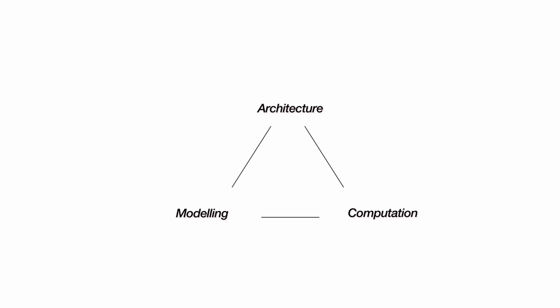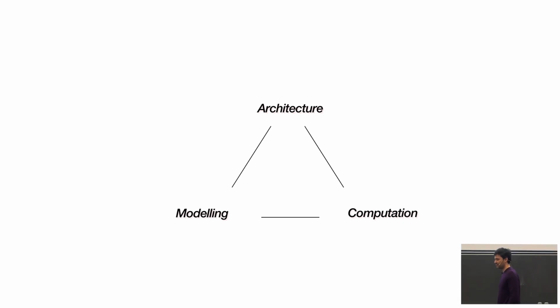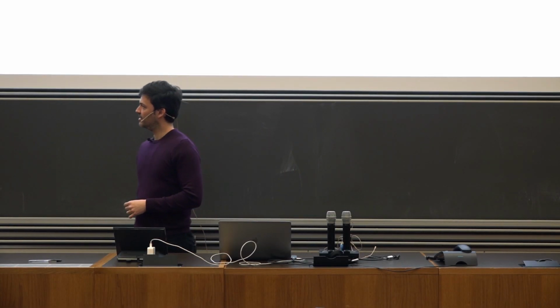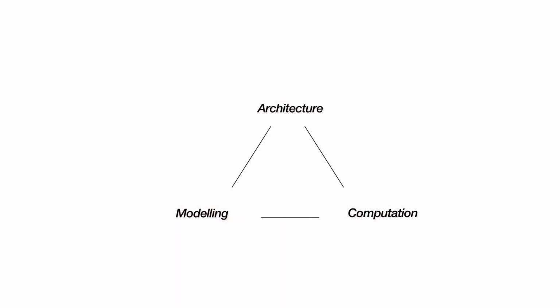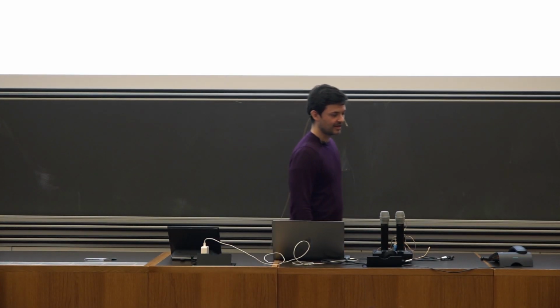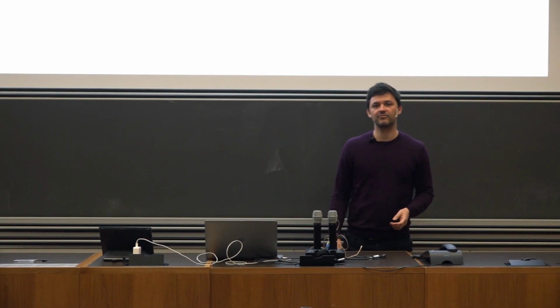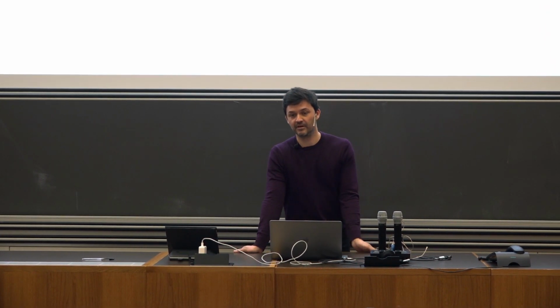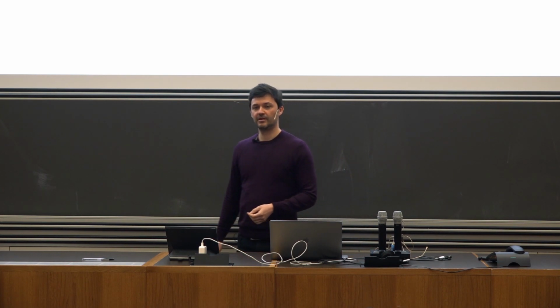One is architecture, one is modeling, and one is computation. There's a lot of work that I did on this topic. When we think about these three topics and what kind of interrelations there are, my hypothesis was that these three things are intertwined in a way which only covers a very small portion of the spectrum of what is actually possible. My hypothesis is that most of the models that we use as architects in terms of computation and modeling are very primitive, and that there is a huge space to explore,